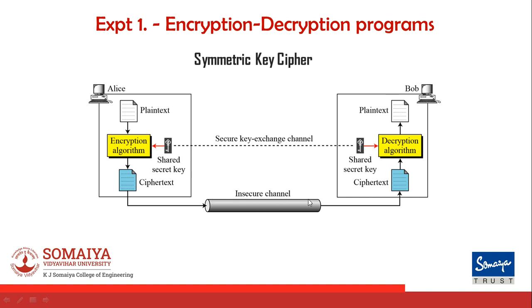It is flowing through that insecure channel. And here we are getting ciphertext as an input to my decryption program at the receiver side, and ultimately we are getting the plain text back. So what is the key that is operated on this decryption algorithm, and what is the key that is operated on my encryption algorithm? If this key is same, then such kind of encryption is termed a symmetric key encryption. Let's proceed further.